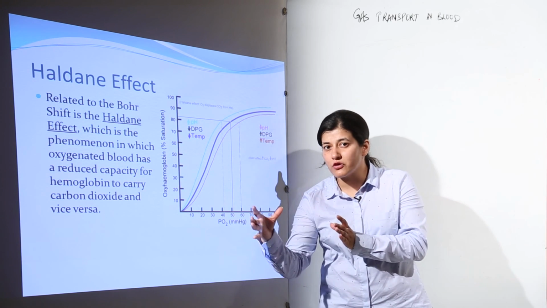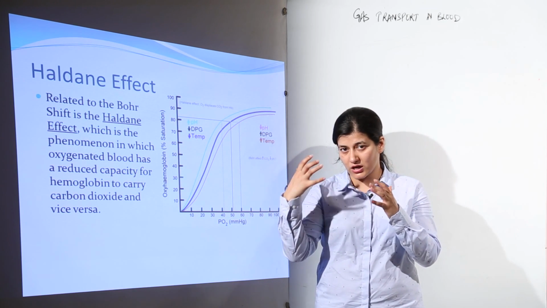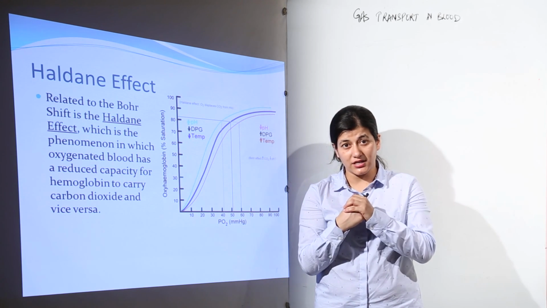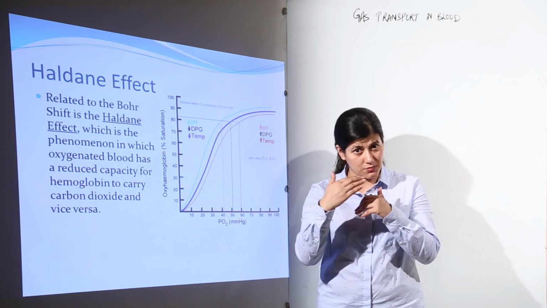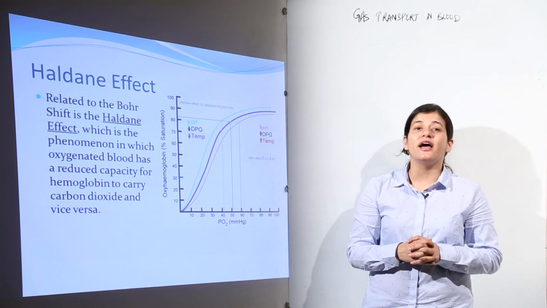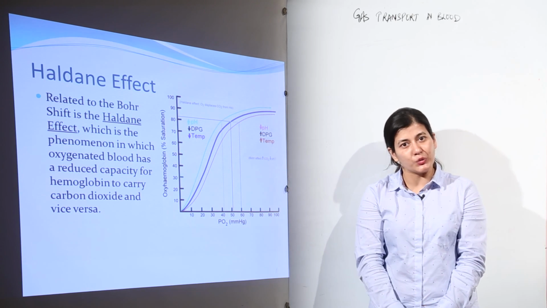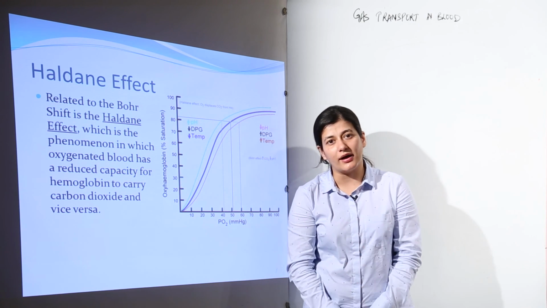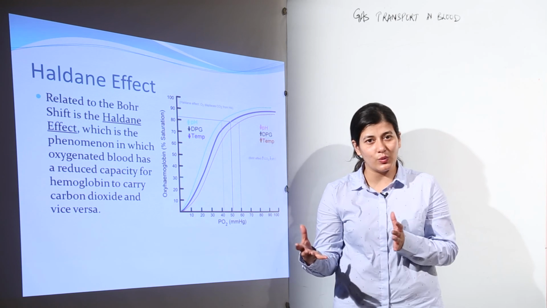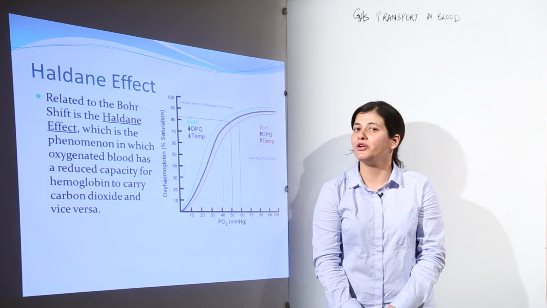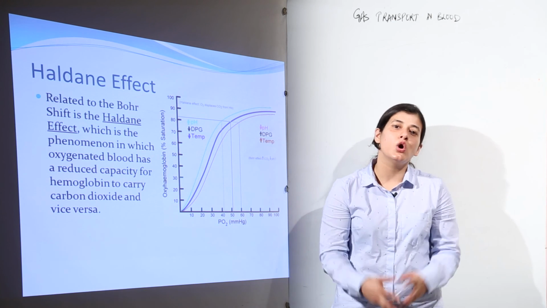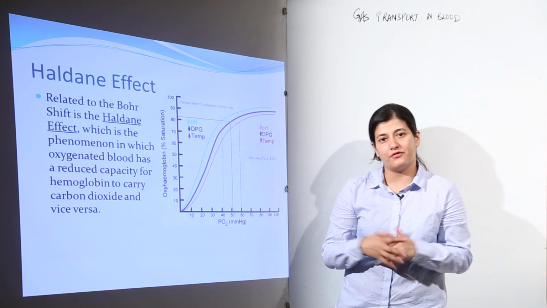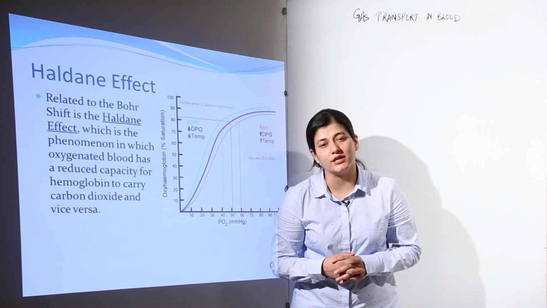So with the higher concentration of oxygen, I would say higher partial pressure of oxygen, and the higher pH, that is a more basic pH, the binding of carbon dioxide with hemoglobin is not enabled, and that is known as the Haldane effect. So this is all about the transport of gases and understanding various associations and dissociations from the point of view of the Bohr and Haldane effect. Also we got introduced to a term known as chloride shift, and this is all we have in our ambit that we have to study about the